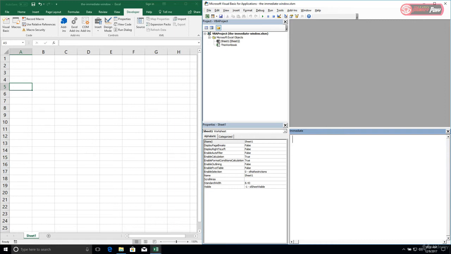We can just use the immediate window as a little bit of a playground to try out something. So it's not intended for large scale procedures. It's really intended for 1 or 2 lines of code at a time, just to make sure that everything is functioning as expected. If the immediate window is missing from your Visual Basic Editor interface,